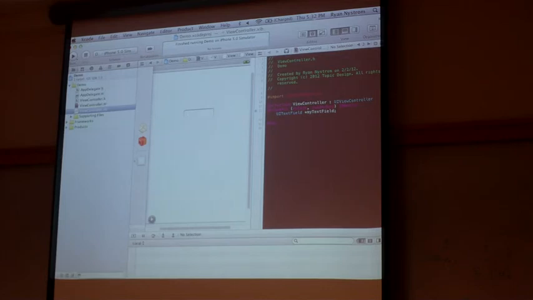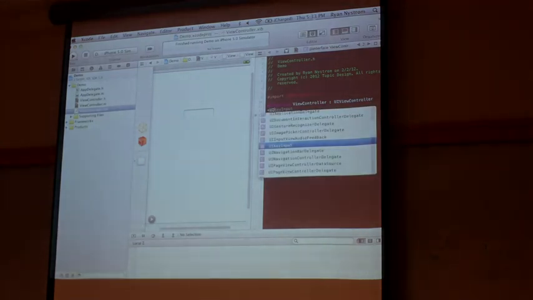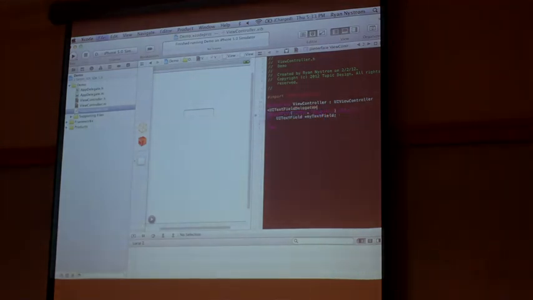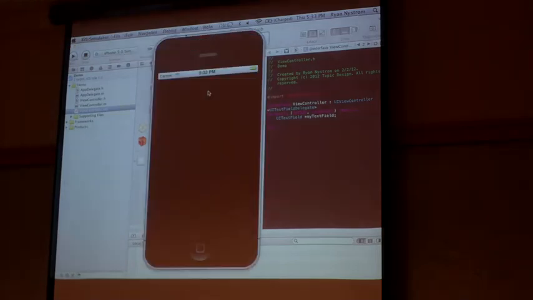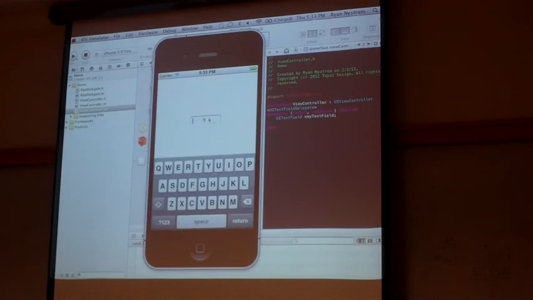So we've created this object here, and we're going to add a delegate. The screen is so tiny. Our delegates are always in these open carets. So we add a text field delegate because this is a text field object. Make sure everything works. Cool. But still, this comes up, not going away.